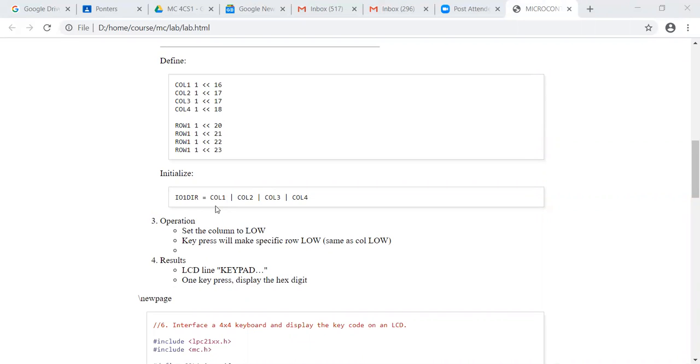We are initializing the column ports in the IO1 direction register. That means we are setting the ports connected to the columns as output ports.